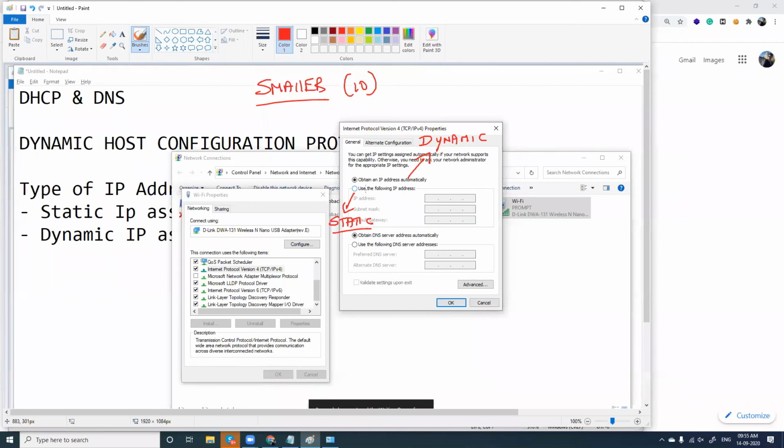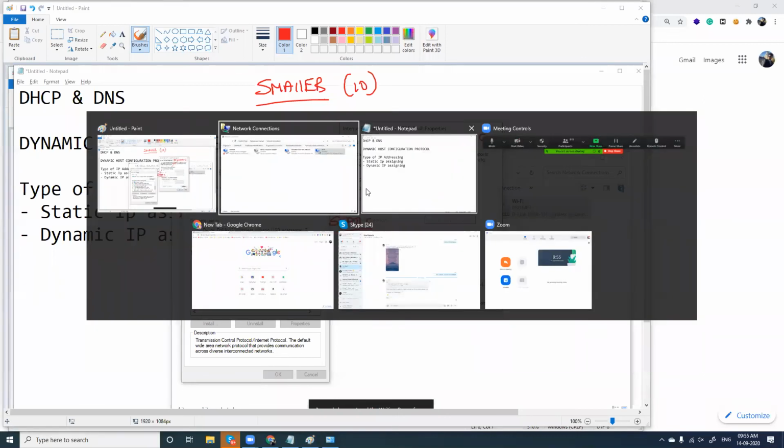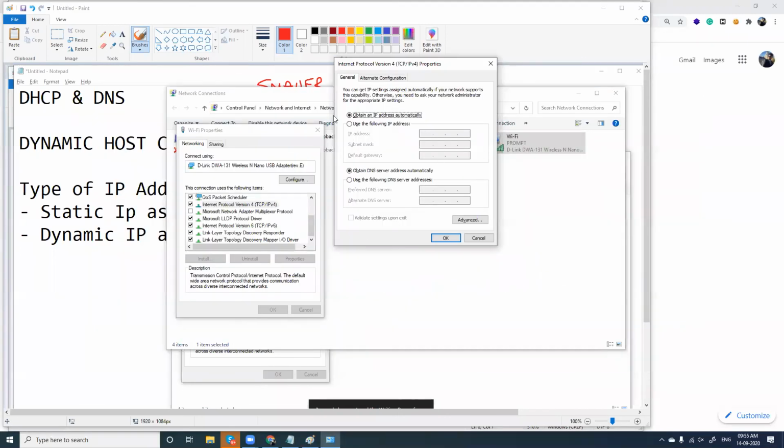When you go for static, you have to mention the IP address you're going to give here, like 192.168.1 dot, if this is 10 or 5, and you have to give the subnet mask and default gateway. You have to mention all these details when you go for static. This is possible in case you have a smaller number of computers.